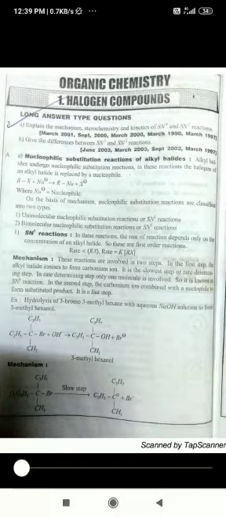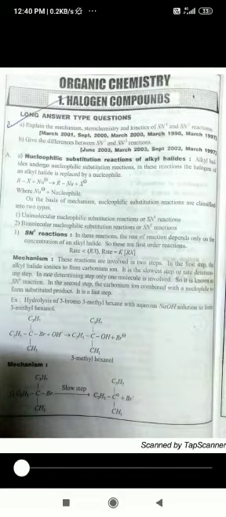So that and all we are going to discuss. The first question of halogen compounds is: explain the mechanism, stereochemistry and kinetics of SN1 and SN2 reactions. The same question may be given like this: give the differences between SN1 and SN2 reactions. So the answer to that question is